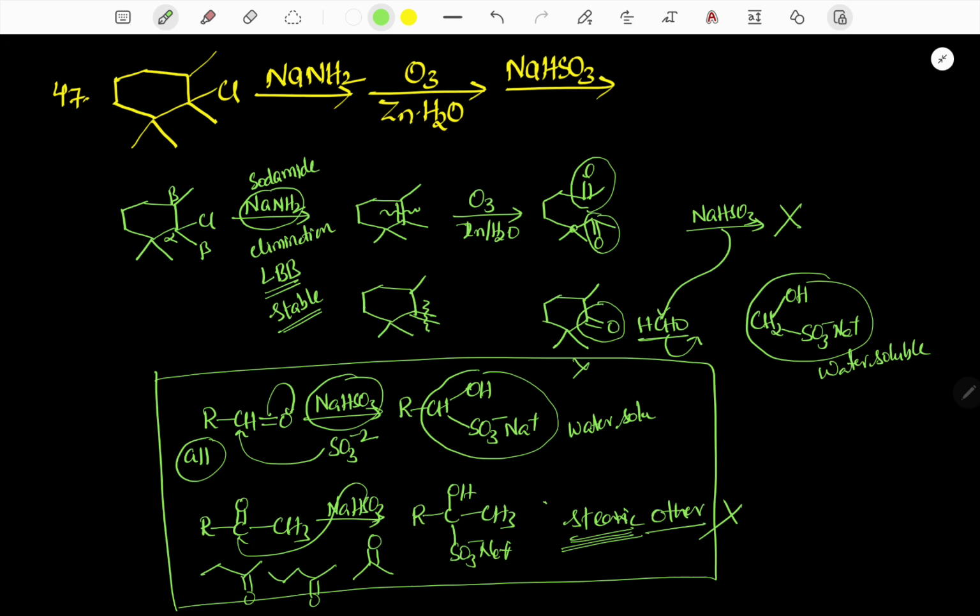So this reaction is useful for purification and separation of aldehydes